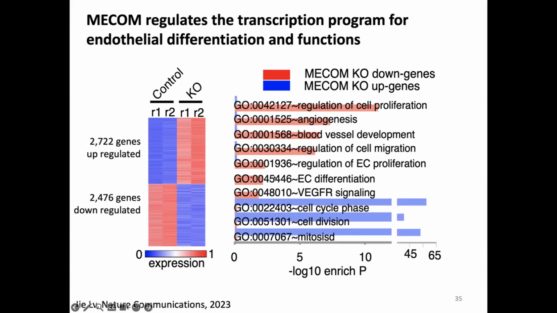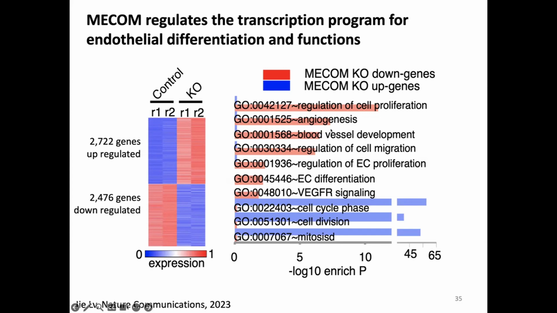Then, to explore the molecular mechanism by which MECON regulates endothelial differentiation or identity, we looked at the MECON expression in the primary endothelial HUVEC. Then we performed RNA-seq and detected thousands of upregulated or downregulated genes. So what we found is for those genes that are